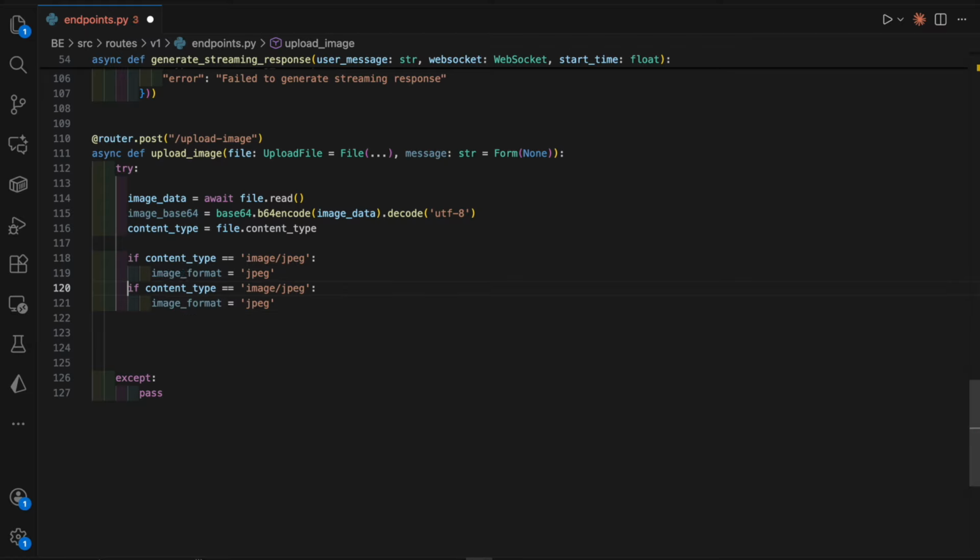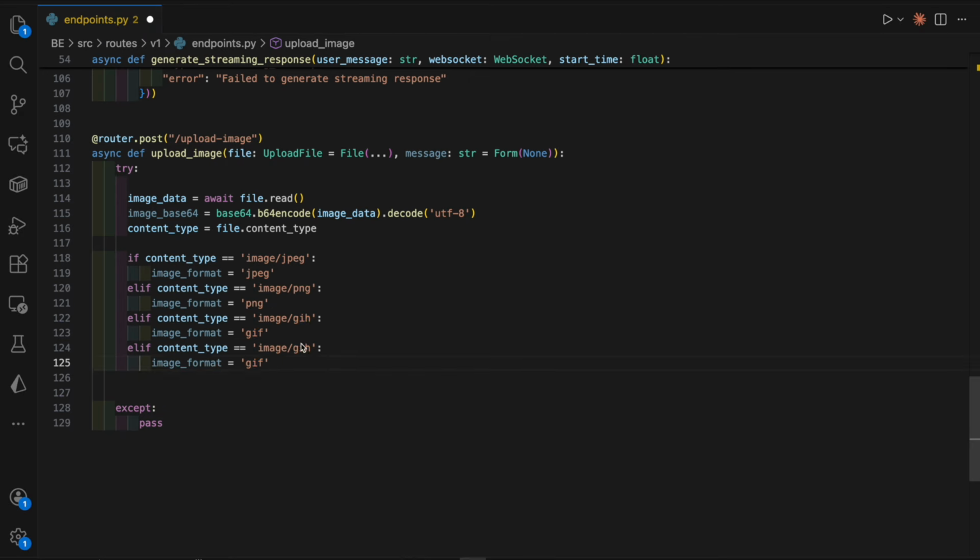And then we can simply repeat that for all the other types. So instead of if, we will use elif, and for the next one, it'll be PNG, and then we'll copy that and duplicate it here for GIF, and the last one will be for WebP, so image/webp. Spell GIF properly. And then otherwise we'll return an error if the format is not supported. So else return error,